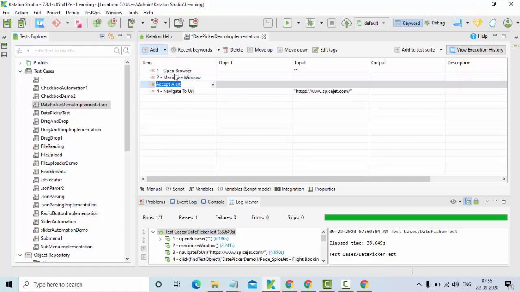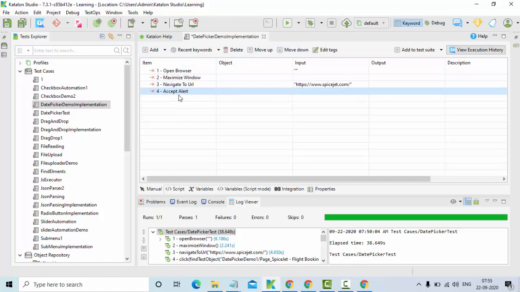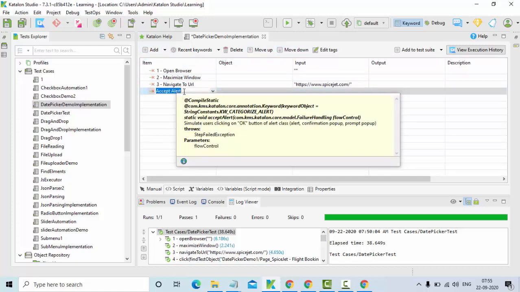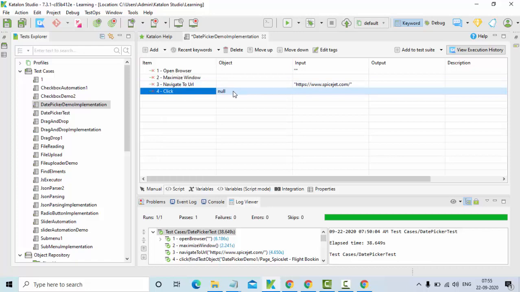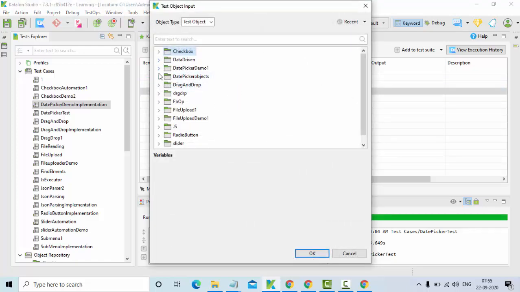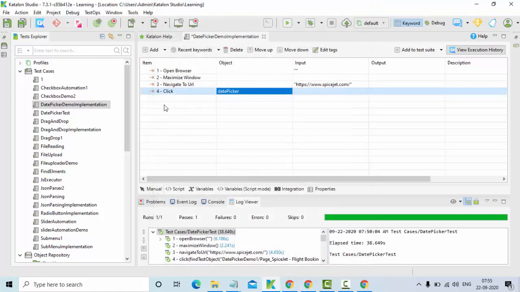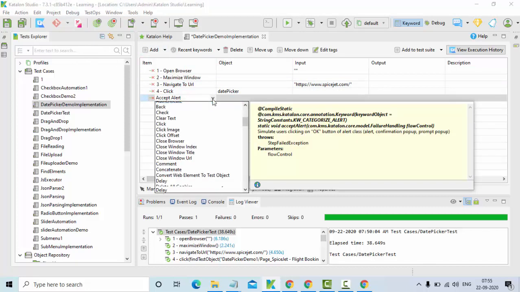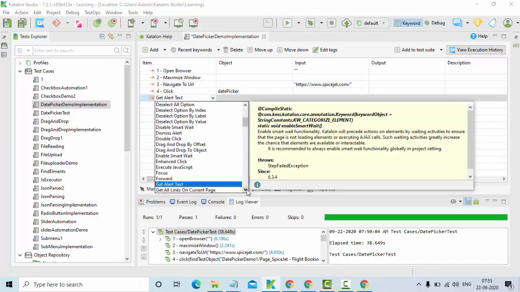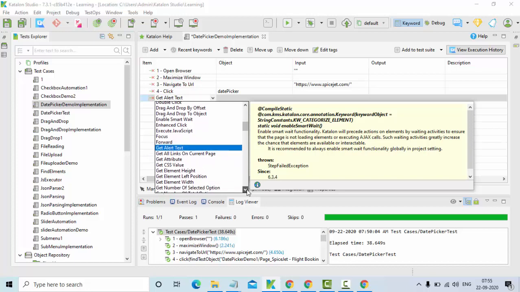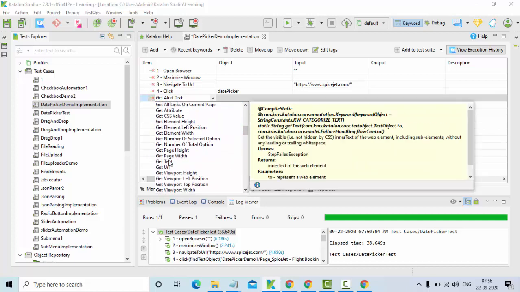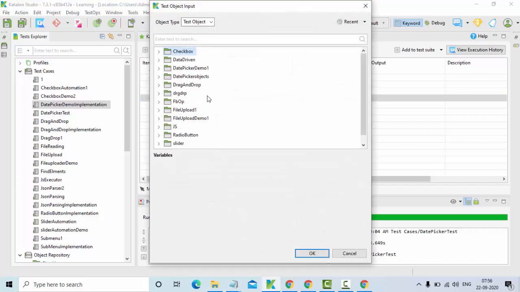Then here I will add a step, like click on the date picker, and select the object. The object is date picker objects and date picker, right? Then after this I'll try to get the text. This is get text from the given thing.